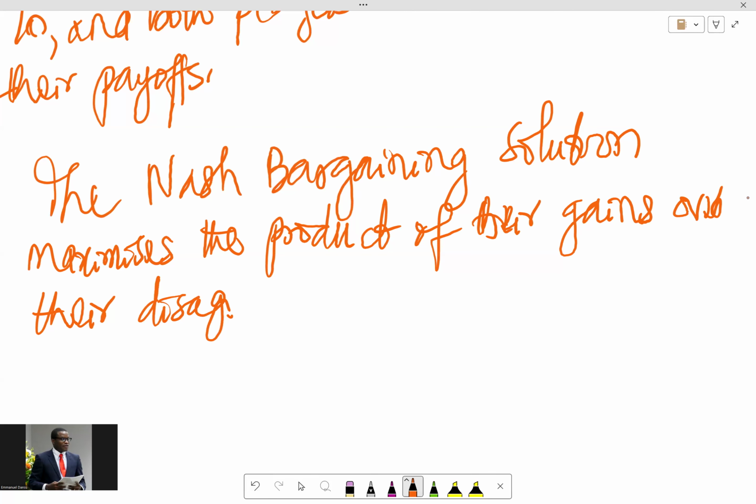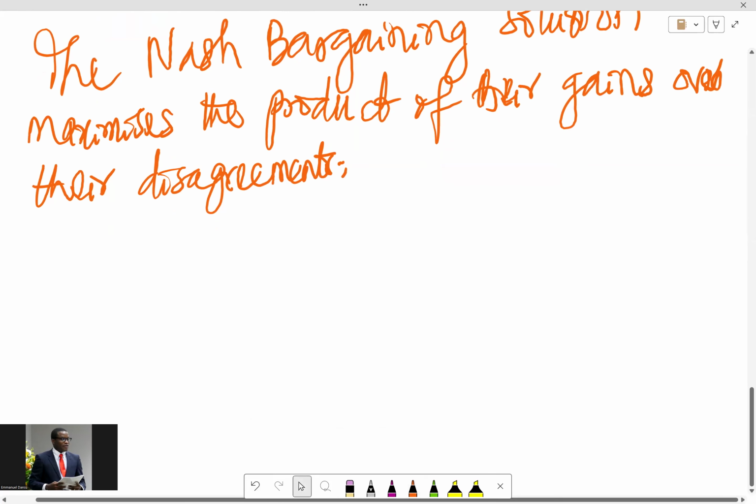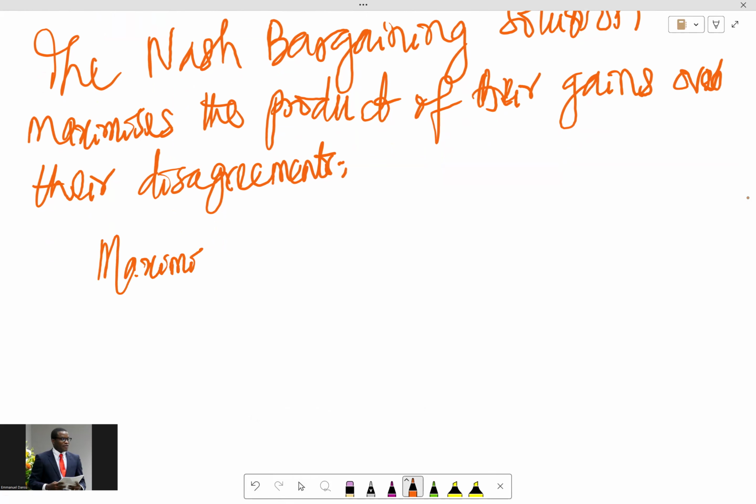The disagreement points look like what they are willing to let go of, so whatever is left of what they have to share is what they will go with, and they want to maximize it. So the Nash bargaining solution maximizes the product of their gains over their disagreement points. In that case, we have something like this. We want to maximize